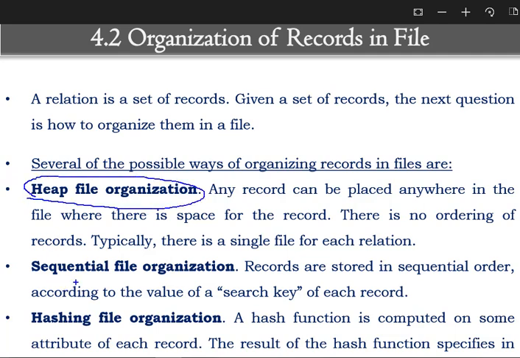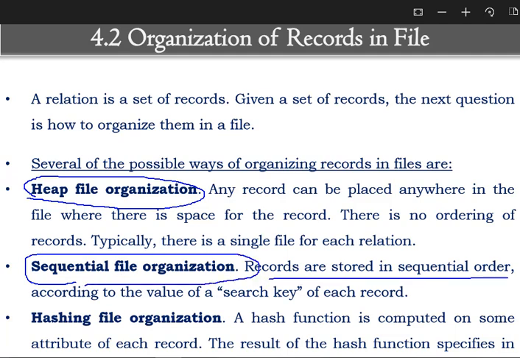Exactly opposite of this, sequential file organization. Sequential file organization is used to store data in a sequential order. That means you have one search key from the database, for example roll number, and you want to store your entire database in a sequence of roll number, for example roll number 1, 2, 3, 4, 5 and so on.